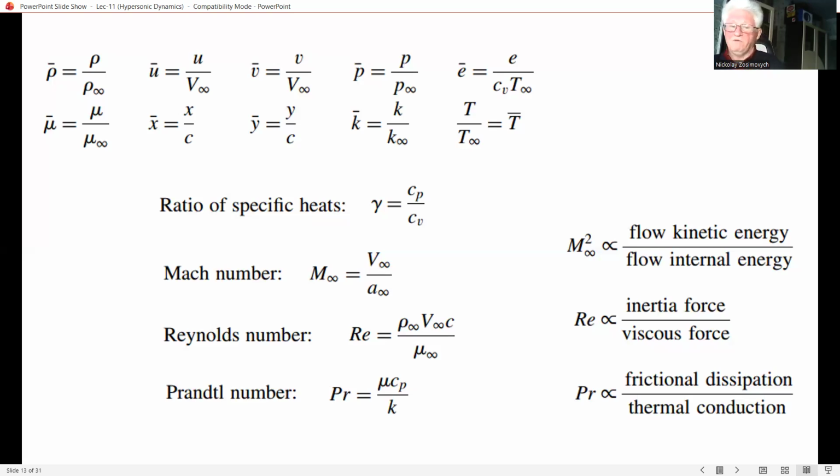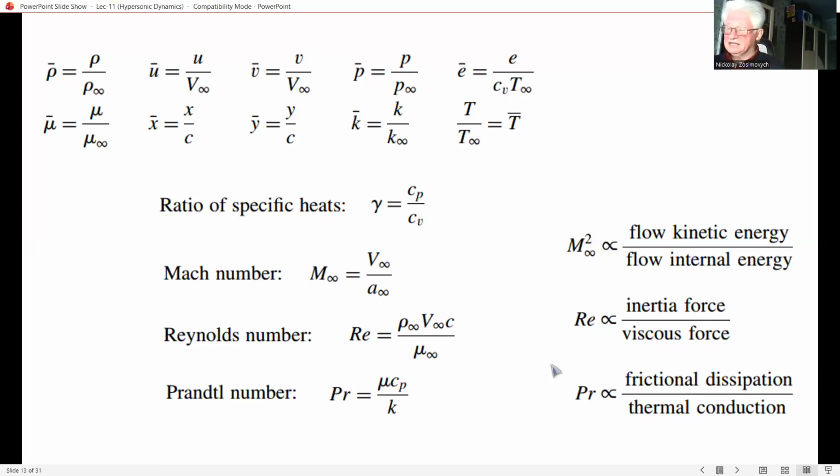A combination of thermodynamic and flow kinetic energy can be found in M infinity. M infinity is proportional to the flow kinetic energy and inversely proportional to the flow internal energy. And if we study the Reynolds number, Reynolds is proportional to inertia forces and inversely proportional to viscous forces. The Prandtl number,